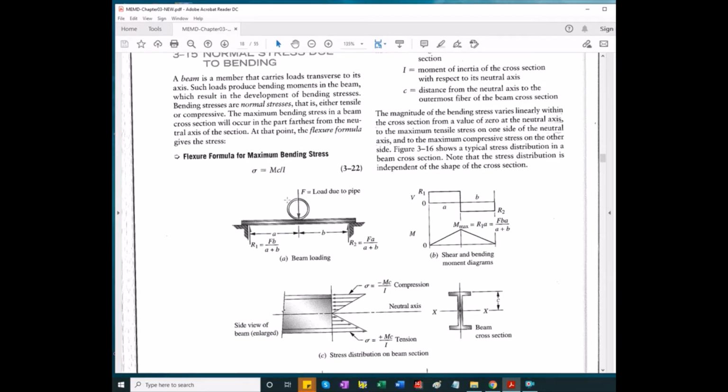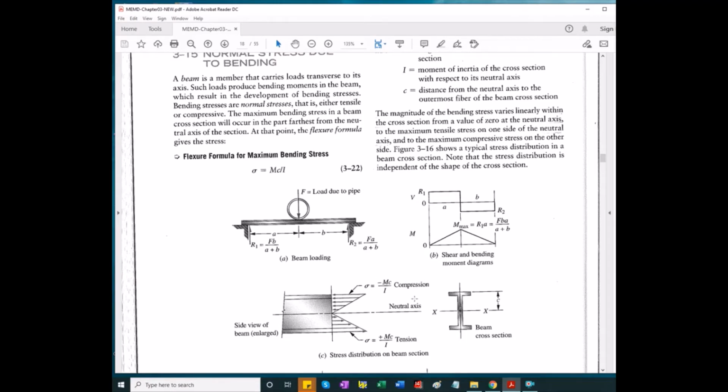For a loading like this, which shows a beam or a deck, maybe supported at the ends, with a load somewhere in between the supports, it causes the beam to bend downwards. So we'll have compression on top, tension below. A positive moment is going to be associated with compressive stresses above the neutral